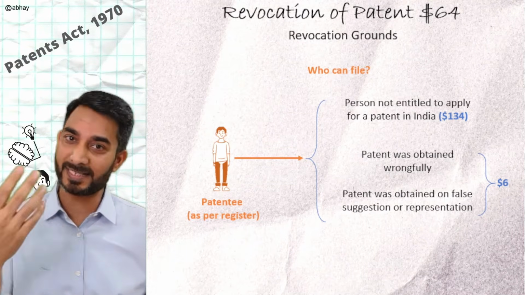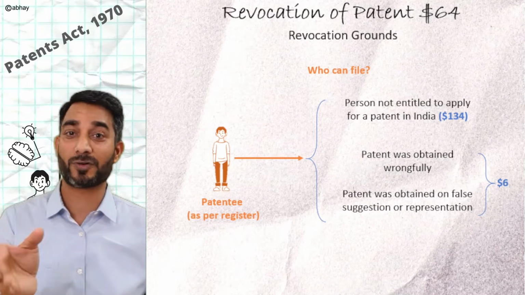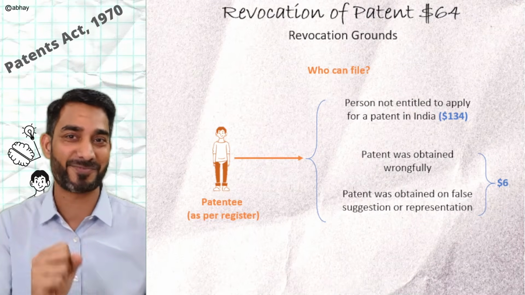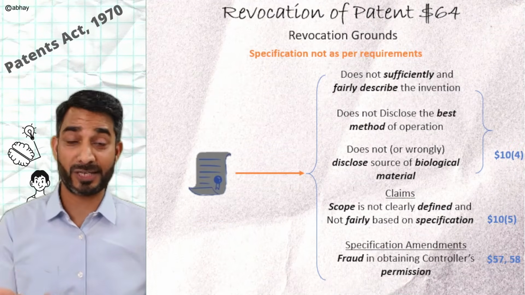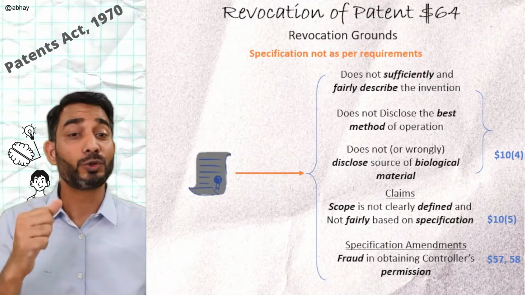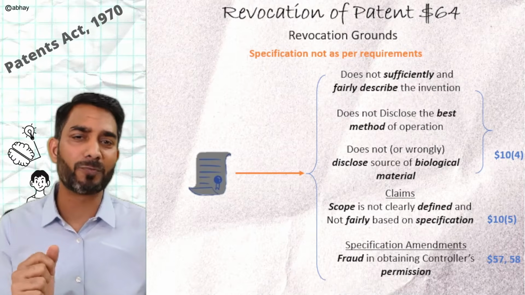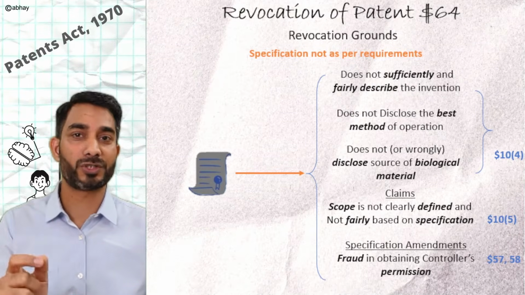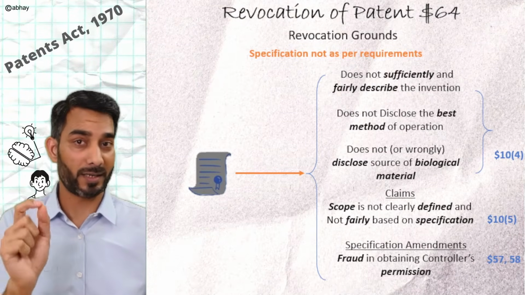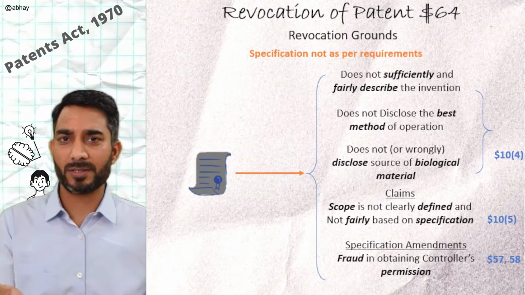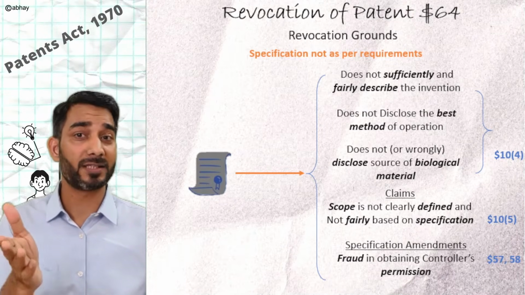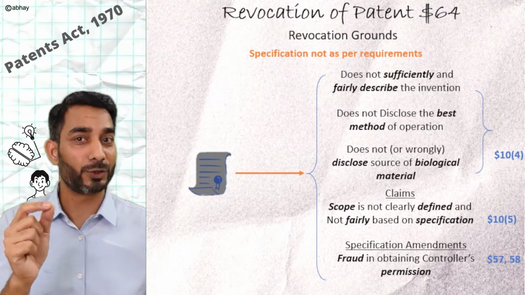Moving on to the next ground, which is related to the requirements from the specification as per section 10.5. The specification should sufficiently and fairly describe the invention, and should also describe the best method of operation. In case of biological material, the source or origin should be provided accurately. With regards to claims, the claim should clearly define the scope of the invention and should be fairly based on